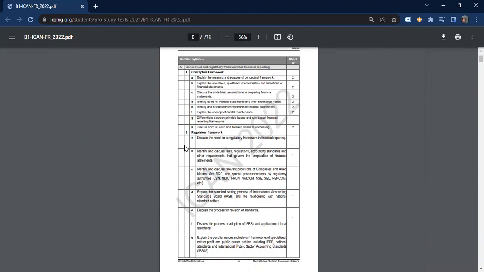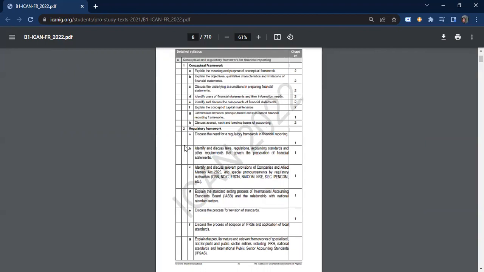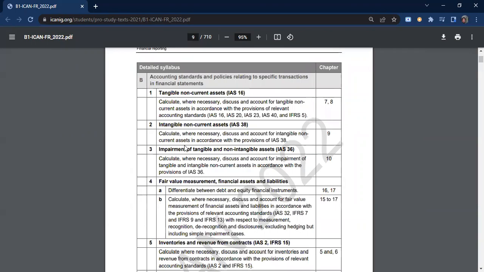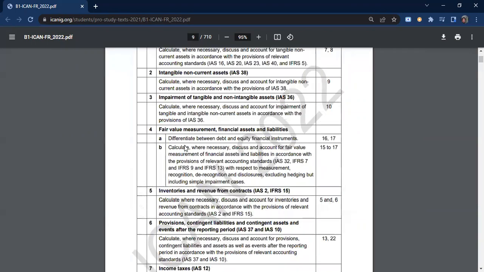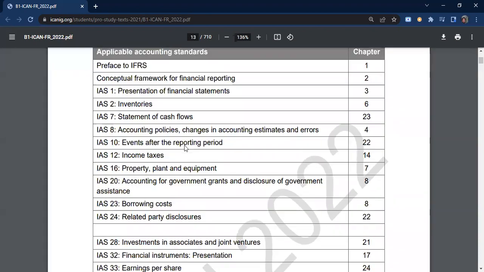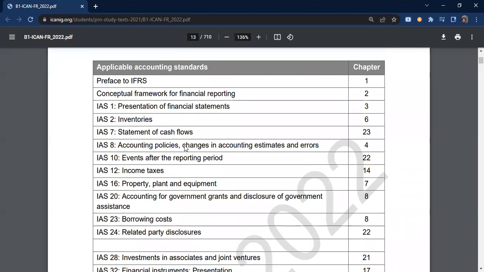So your syllabus Section A covers chapters 1 and 2 of this particular study text of the institute. Now, syllabus Section B is about accounting standards. And what are the different accounting standards that we are going to be looking at? Some of us are familiar with some of them from before, because in foundation we talk about